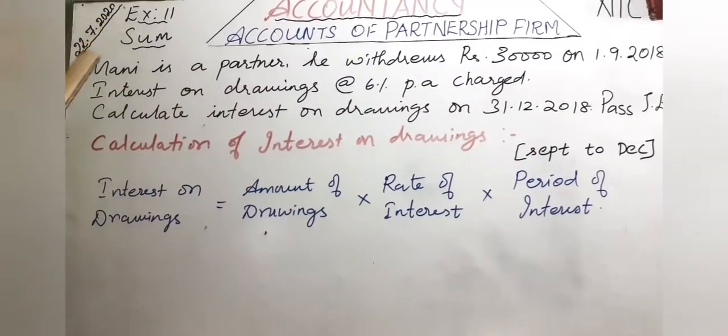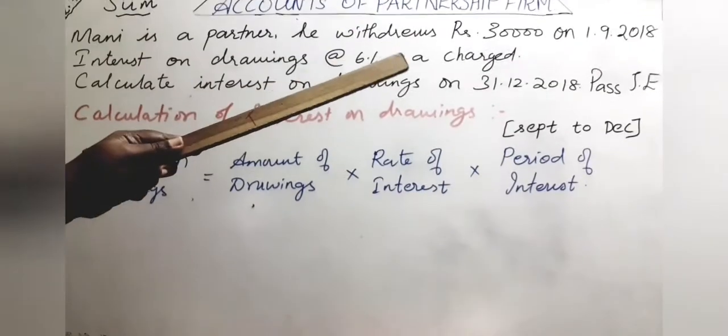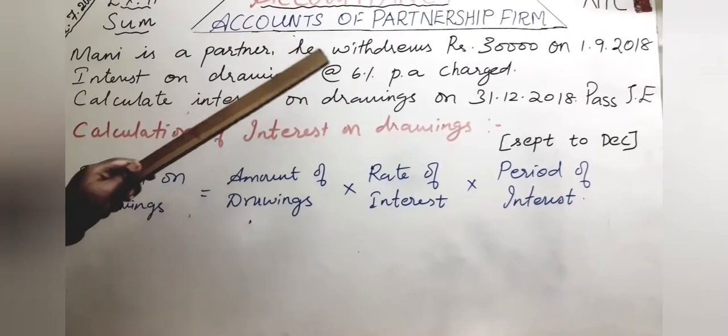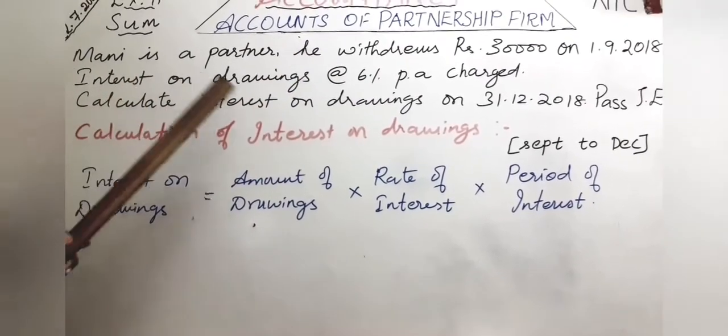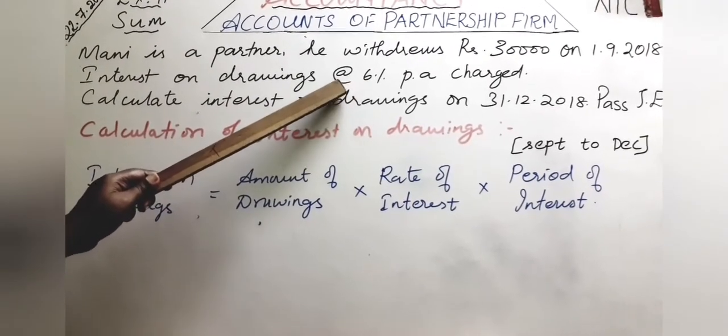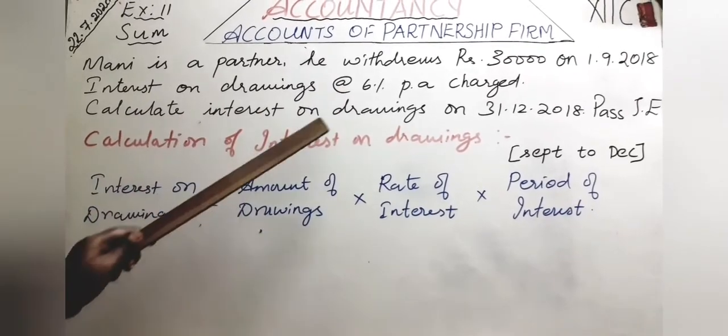Exercise 11, the question goes like this. Money is a partner; he withdrew rupees 30,000 on 1/9/2018. Okay, that is in the month of September. Interest on drawings at 6% per annum is charged. So what is the rate of interest on drawings? 6%. Calculate interest on drawings on